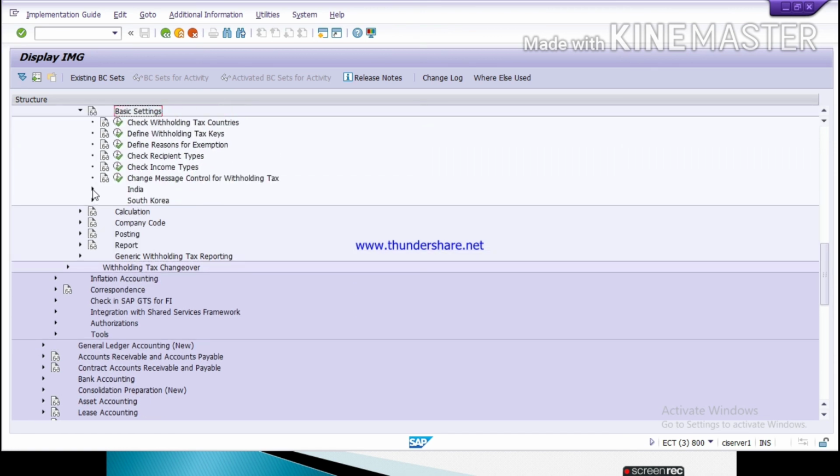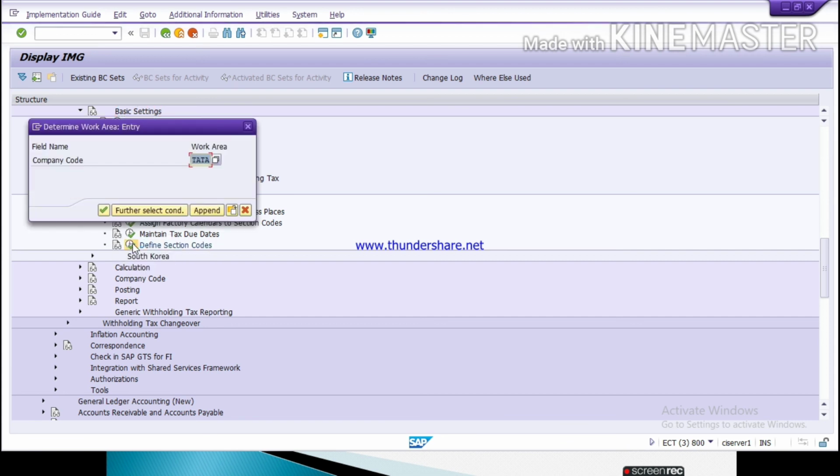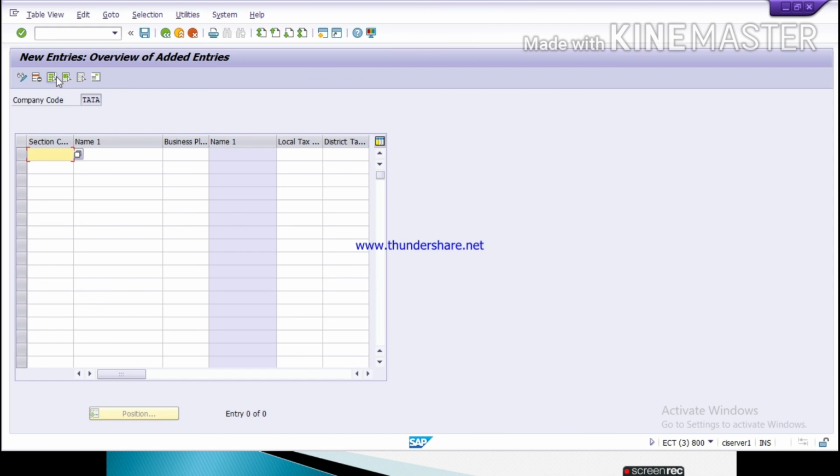Then India. Now here you can see define section codes. Give company code. Then here we can create new entry. Give section code, that is TADL for Delhi. Then click on save.